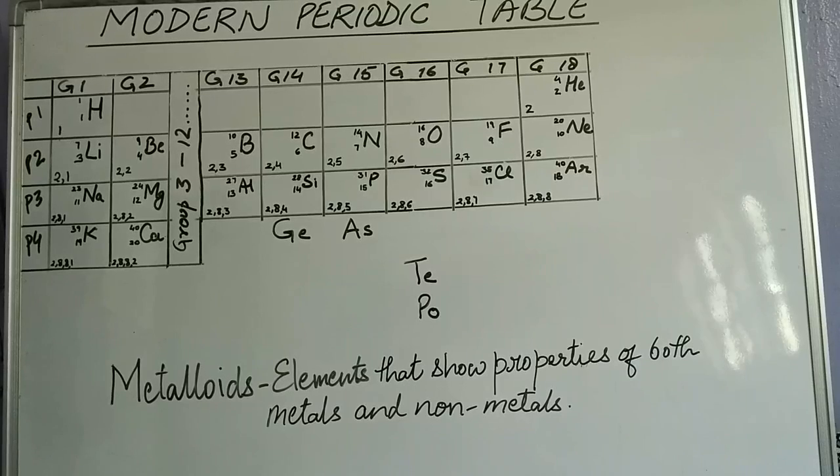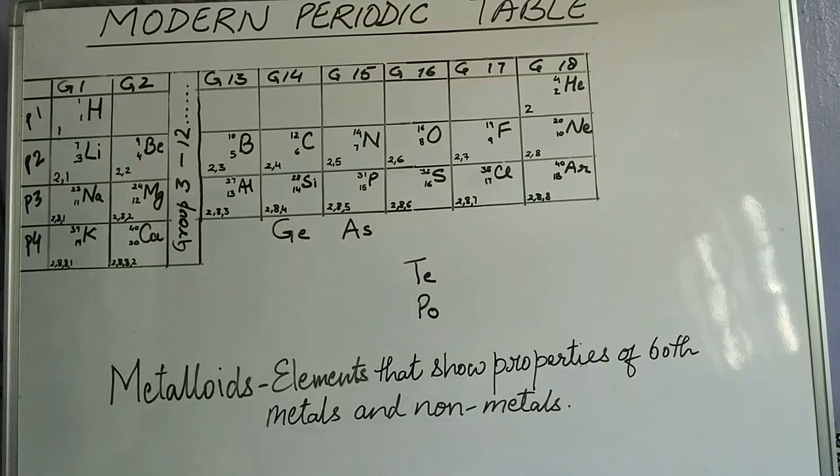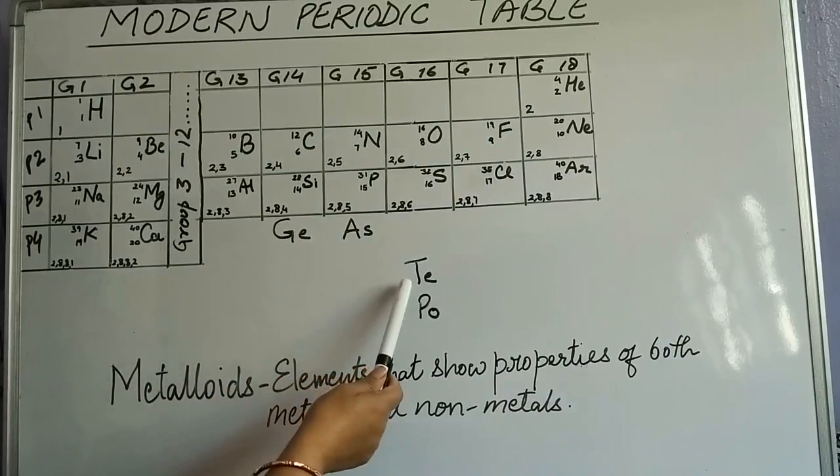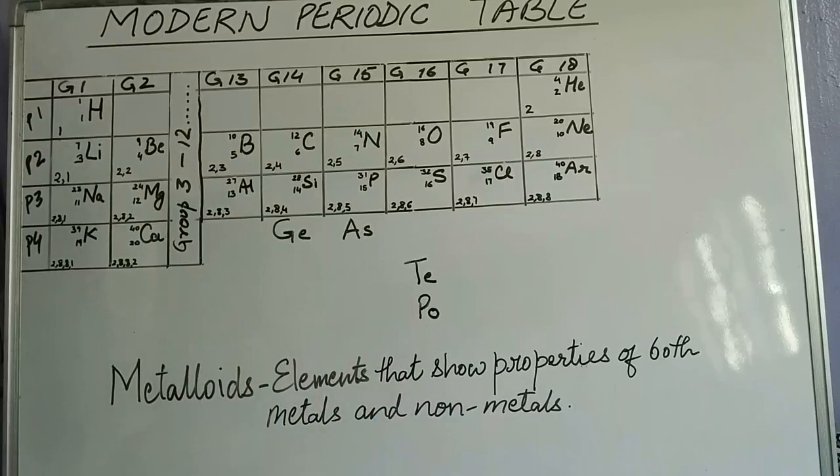Now the third type of an element is known as metalloid. Okay, 2 we have already discussed, metals and non-metals. The third one is a metalloid, like I have written over here. Elements that show properties of both metals and non-metals are known as metalloids, and these metalloids are placed between the metals and the non-metals. Metals are towards this side, non-metals are towards this side. In between, the metalloids have been placed, and the examples are boron, silicon, germanium, antimony, tellurium and polonium. These are placed in a zigzag manner in the periodic table, separating the metals and the non-metals.